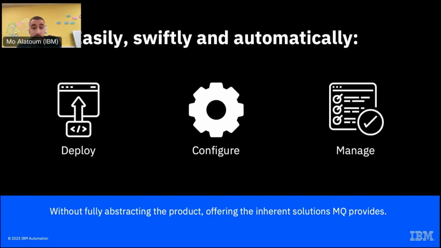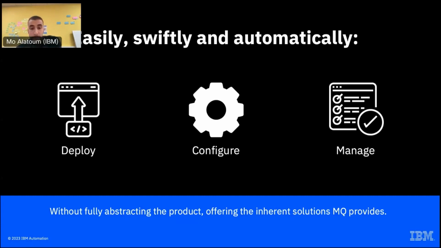And last but not least, it also offers seamless management. By leveraging MQ-Ansible, developers can efficiently manage their IBM MQ environment through automation, which includes tasks such as troubleshooting and updating configurations, which can be performed with ease using MQ-Ansible. These predefined rules and tasks, we have them ready in our repo, which I will be showing you in a bit. But this really allows developers to maintain a stable and reliable messaging infrastructure with minimal